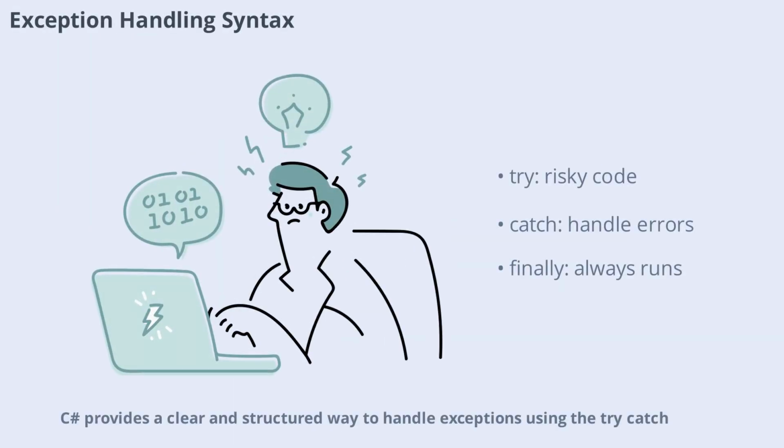C provides a clear and structured way to handle exceptions using the try, catch, and finally blocks. The basic syntax involves wrapping risky code inside a try block. If an exception occurs, control moves to the catch block where you can handle the error. The finally block, if present, always executes regardless of whether an exception was thrown. This structure ensures that your program can manage errors gracefully and perform necessary cleanup tasks, such as closing files or